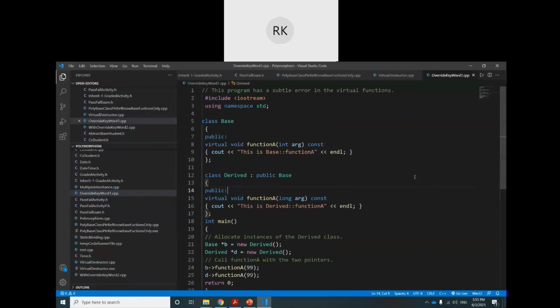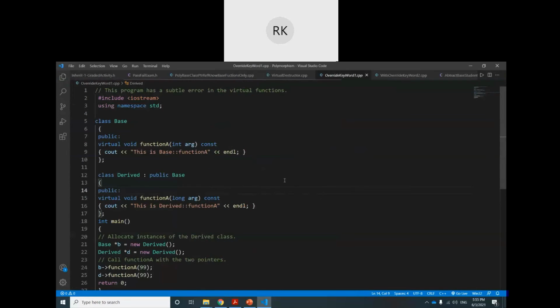If you look at this one, this is a base class with the name Base. It has a public function. It is virtual, you see, it is virtual. The function name is function a. It has one integer argument. I am not talking about the keyword override now.